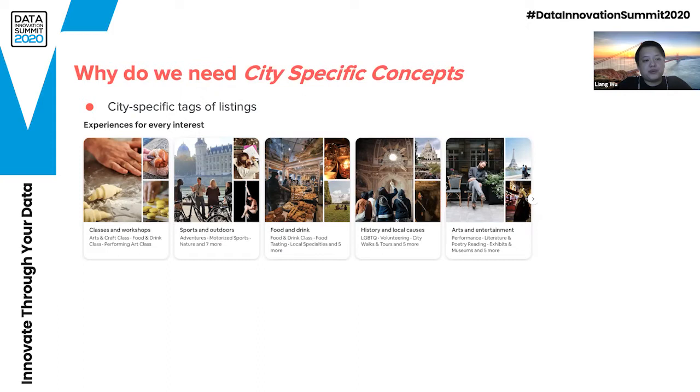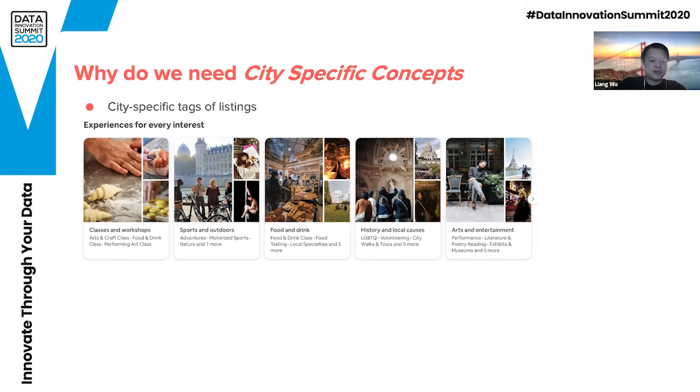We can see this is a snapshot of a city homepage. So basically, when a user browses a city and tries to see what listings are available, we use these cards, groupings of experiences, to help promote the listings there. We have classes and workshops, sports, outdoors, food and drink. It is not bad,